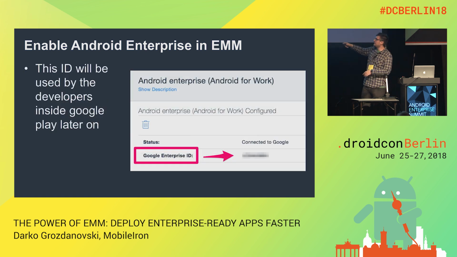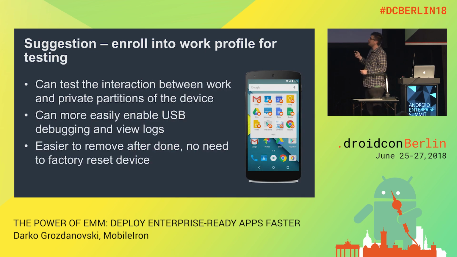So basically you click complete and you get back something called a Google Enterprise ID, which is a short identifier for your organization. And remember this, because it is going to be used by you as developers a bit later on. Another suggestion that I have, if you are going to test your integration with this, is